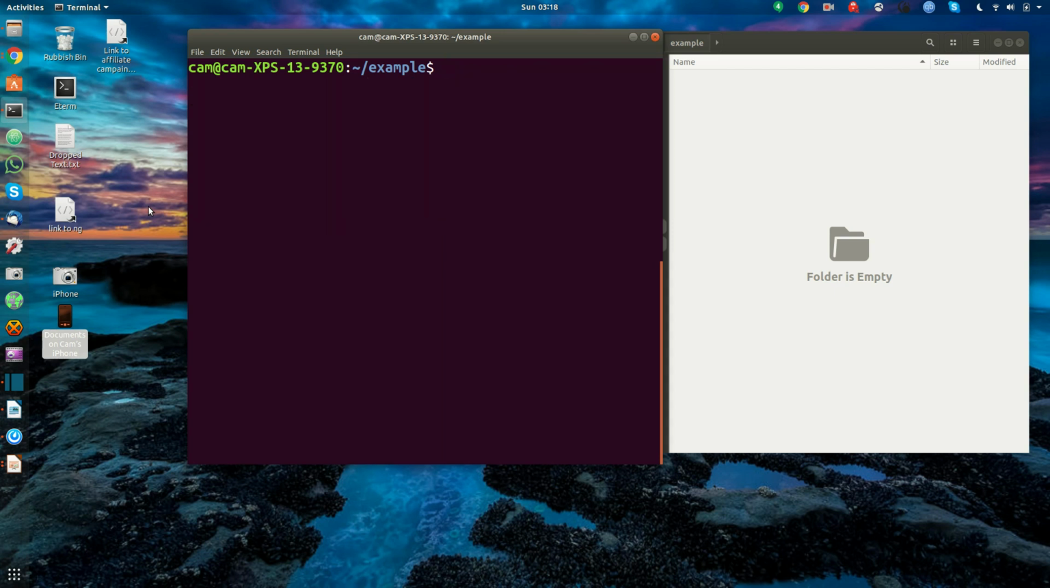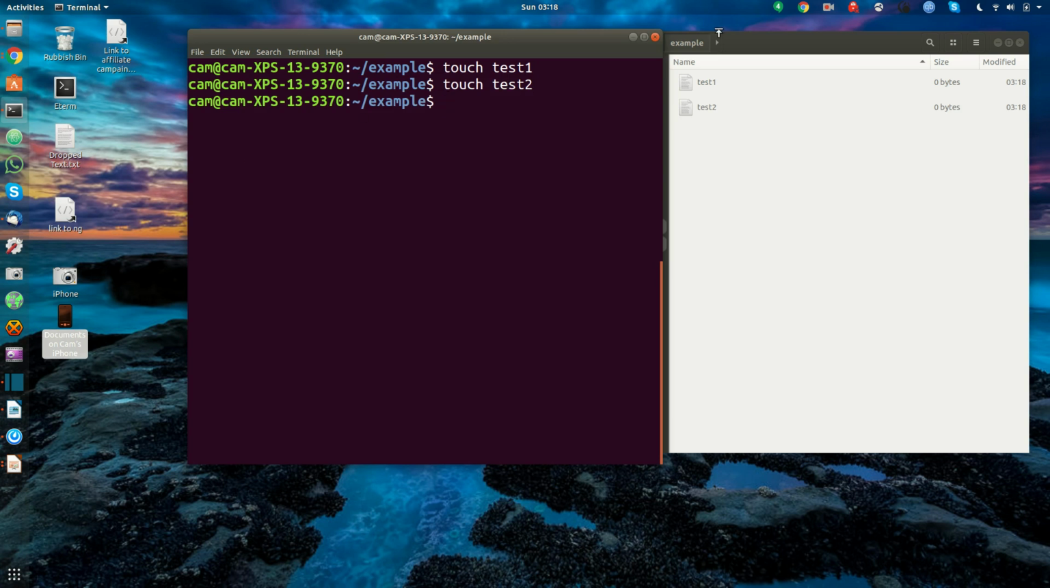So as you saw in the last video, we used touch to create files. So let's go ahead and create 2 example files quickly. And as you can see here on the right-hand side of my screen, you see these files are actually showing up. Let's go ahead and create a directory. All right, and so to go over those 2 commands we use,